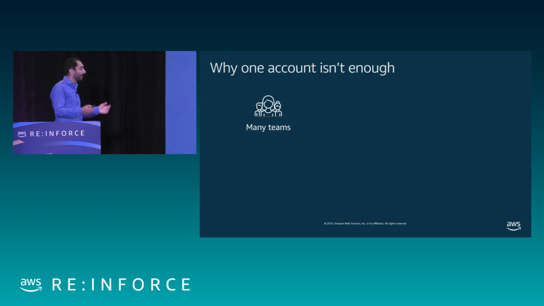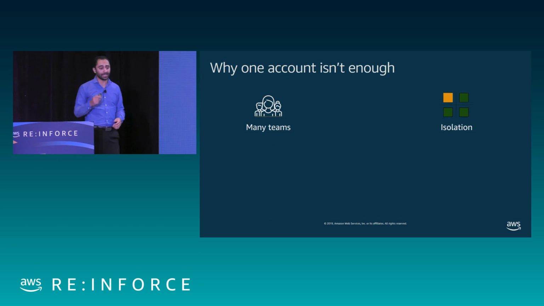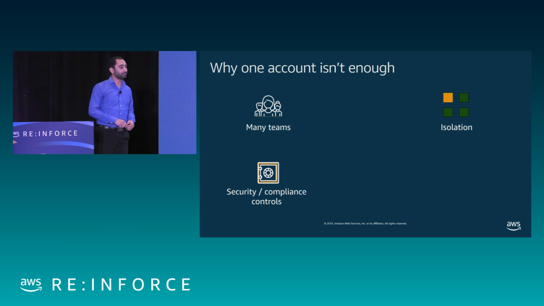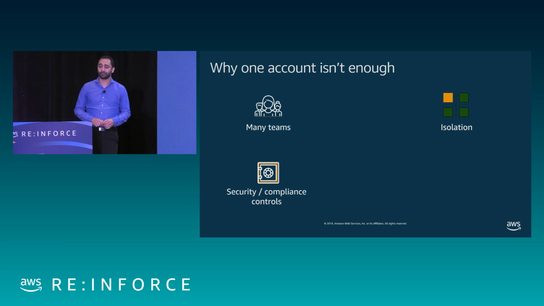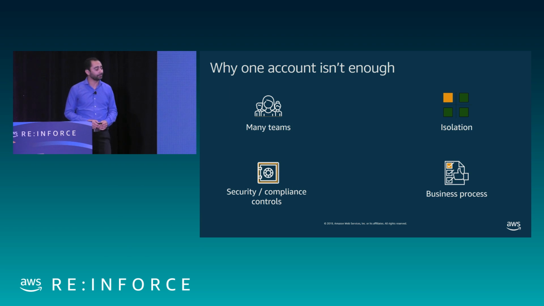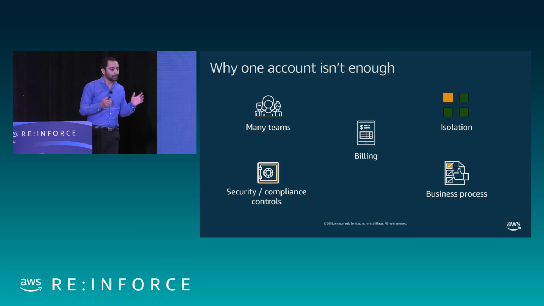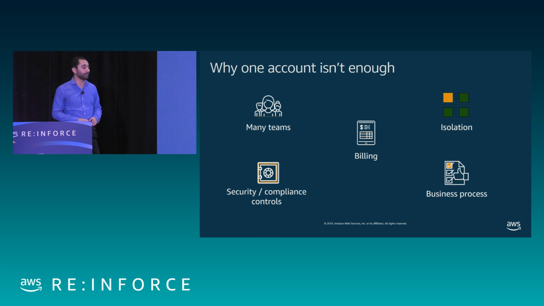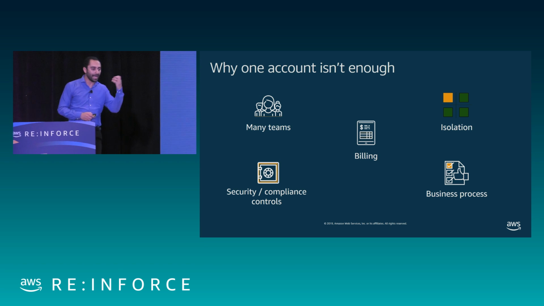One might not be enough because you might have multiple teams. You might actually be one person that has multiple projects that are regulated differently, if they are regulated. Or you just want to keep the account clean, so I've got my environment for application A just sitting there. Maybe different security controls and compliance rules around them. Or I really want the true billing separation between them. Might have two different teams that have completely different approaches to doing things. And rather than have them step on one another and kill each other's resources, they're all sitting in separate containers that are isolated and separated from one another, which again happens to be the account.